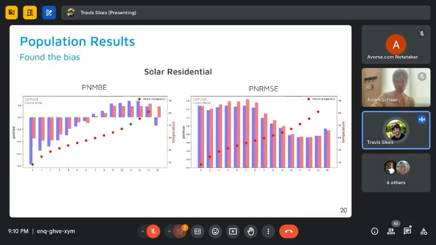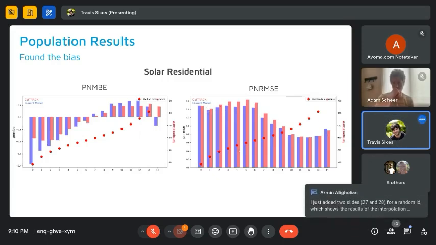And we start seeing this when we look at any of the other segments, and this is solar residential. So here, the current model has a clear structure to it, and this is almost certainly due to the linear function that we're fitting everything with, whereas the Caltrack is quite a bit lower everywhere. Now, despite that, the current model, because this is how we trained it, is still doing better than Caltrack in PNR-MSE in almost every single bin.